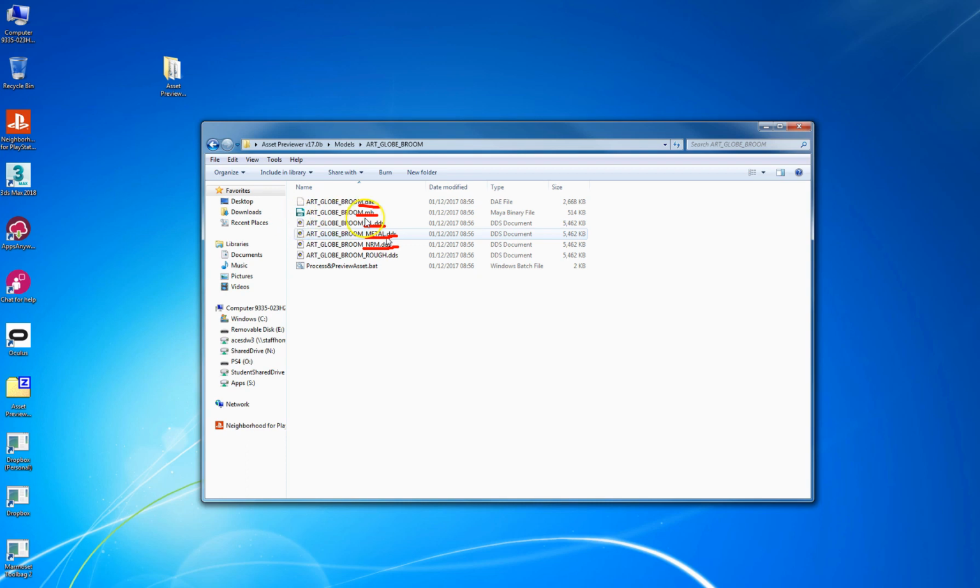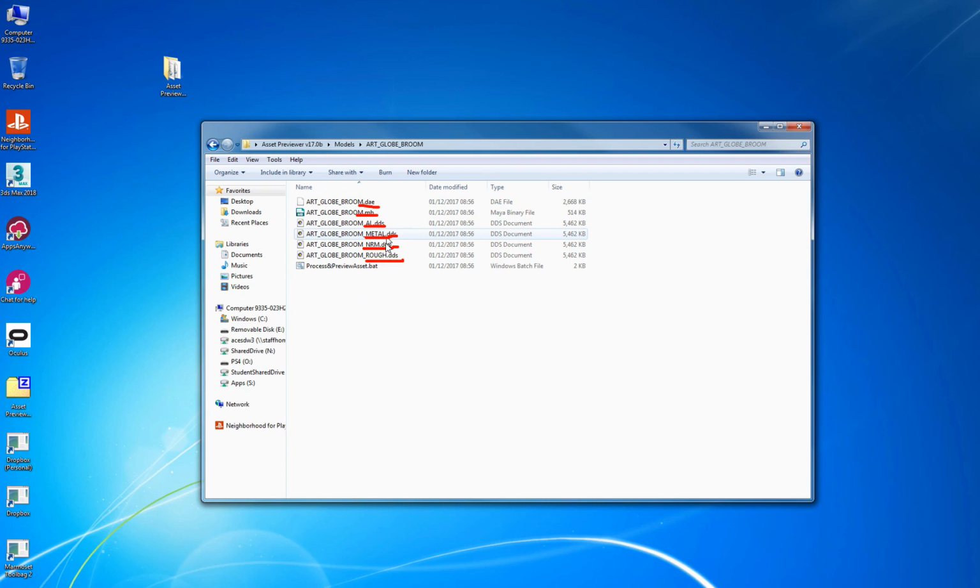And so we have the Maya file is called that, the DAE is called that, and the textures are called that as well. So we name them all the way down from albedo, metalness, normal map, and roughness. The other thing that's in here is this batch preview, which I'll show you in a minute. But essentially, if the textures, the exported file and the Maya file all live together in this folder, then there's not a lot that can go wrong, other than it